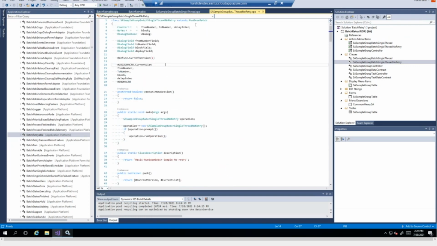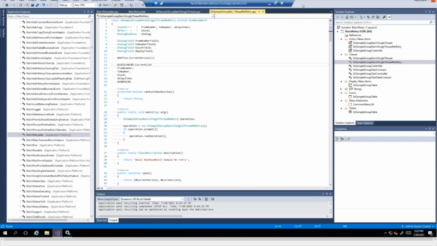You can have a similar batch class extending from SysOperationServiceController as well. In both scenarios, the experience is pretty much the same without the batch retry feature.